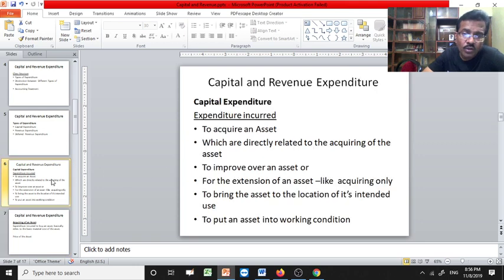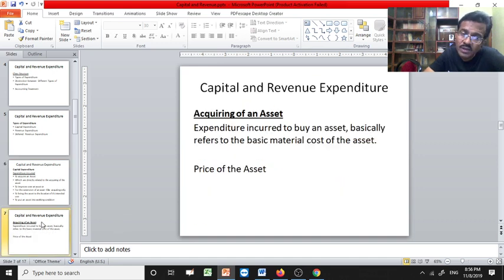Now remember, all the expenditure that you have talked about over here, except for an extension, normally all the expenditure that you have incurred is primarily revenue expenditure. Revenue expenditure means expenditure incurred only to buy an